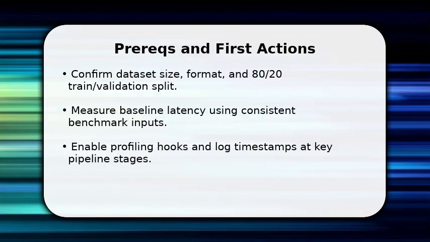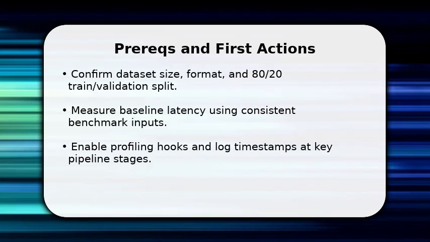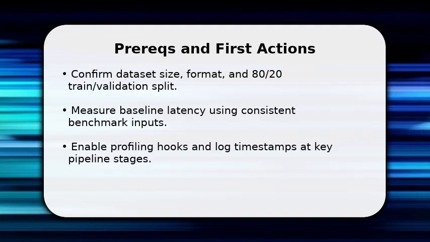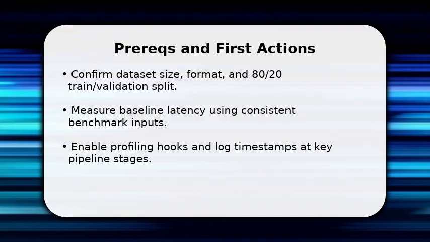You start by validating prerequisites and taking immediate measurements. Confirm dataset format and an 80/20 split so experiments are comparable. Once done, run a quick baseline latency benchmark with a fixed input set to capture current delays. Make sure to enable profiling hooks and timestamp logs at data loading, model inference, and post-processing. This gives you the objective metrics you need to prioritize fixes because you cannot optimize what you have not measured